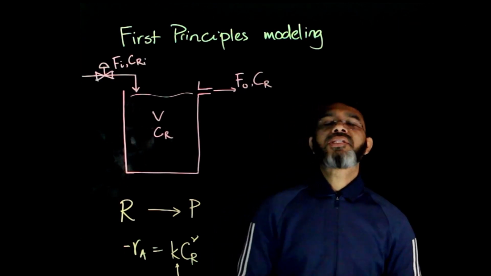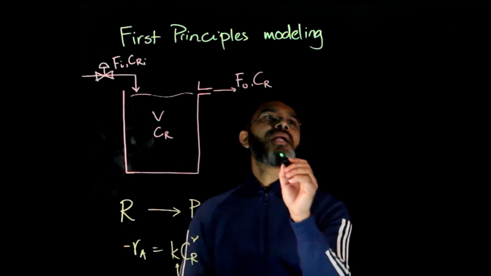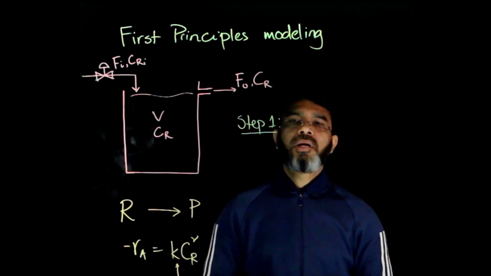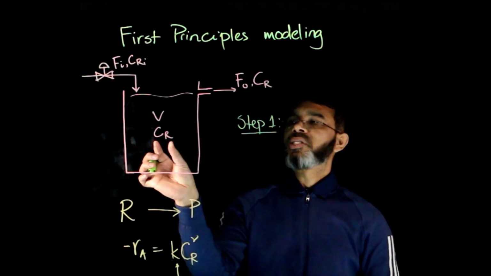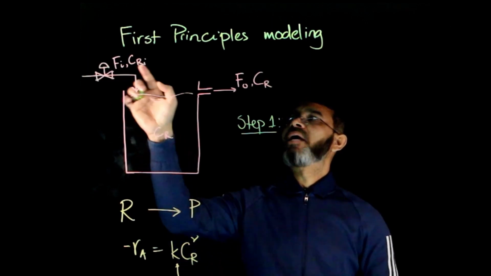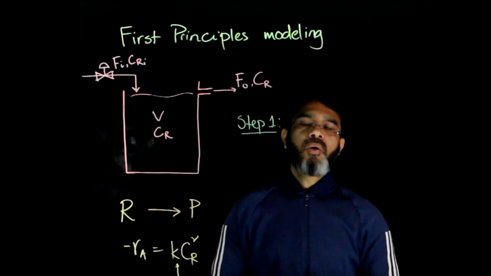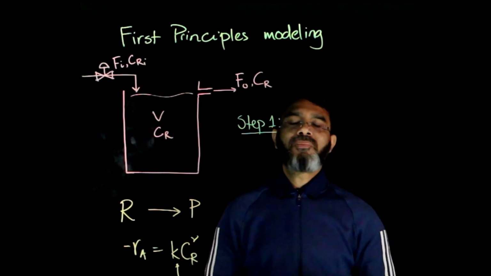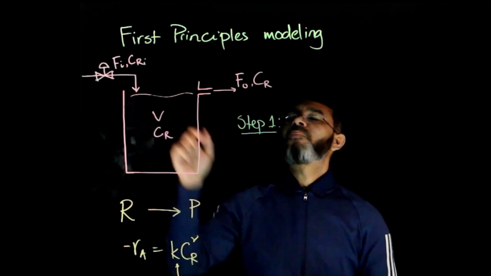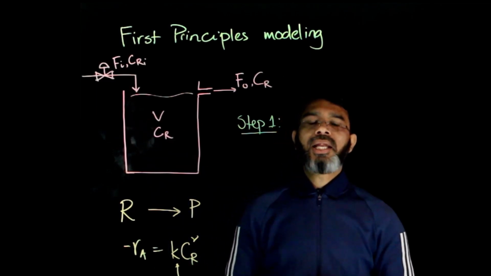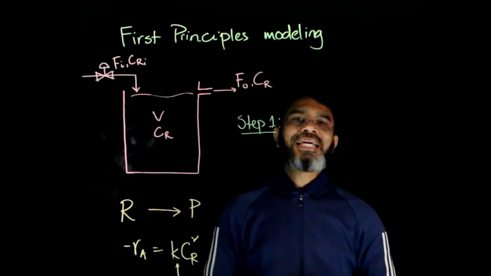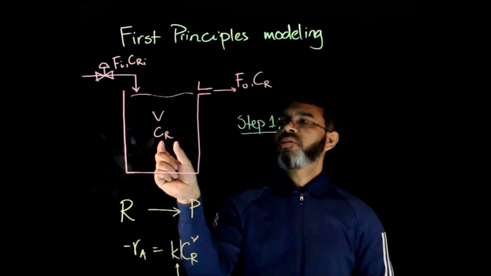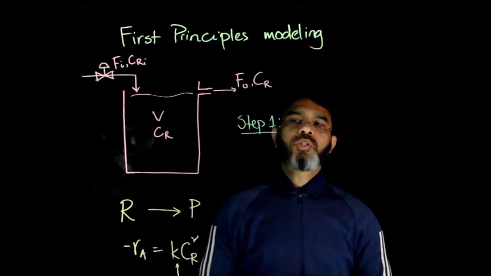Now we'll follow the step-by-step procedure. So in step 1, defining the modeling objective. Now we'll try to find out how the CR changes with change in Fi and CRi. We can see that both of the variables can be related to CR using the same equation. However, one variable may be the input and another variable may be considered as the disturbance. So both with the change of input and disturbance, the output will change and those will be related by the